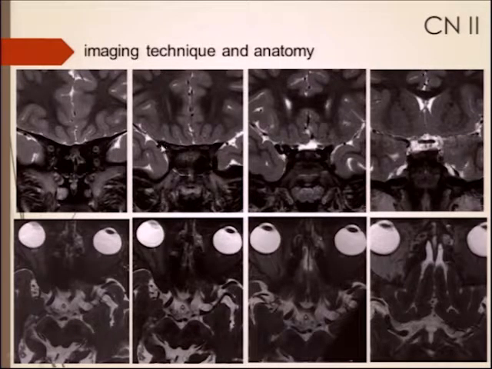And then coming back into the canalicular segment, and then the cisternal segment of the nerve back into the chiasm. And we often also use a KISS sequence to look at the contours of the nerve, especially good for looking at the cisternal portion of the nerve traveling back to the chiasm, and then the post-chiasmatic portions of the optic